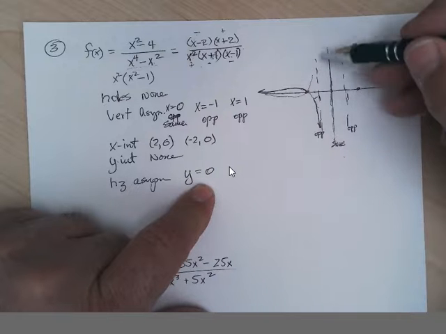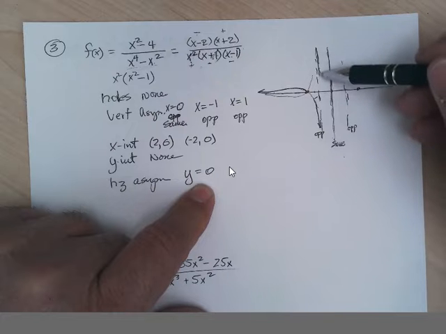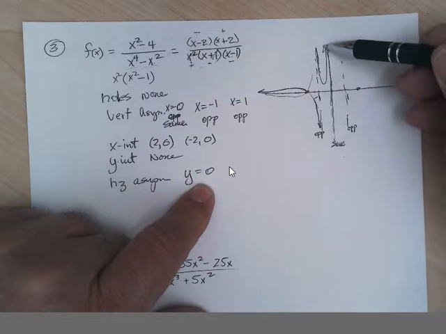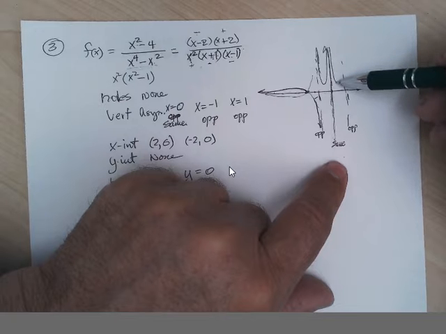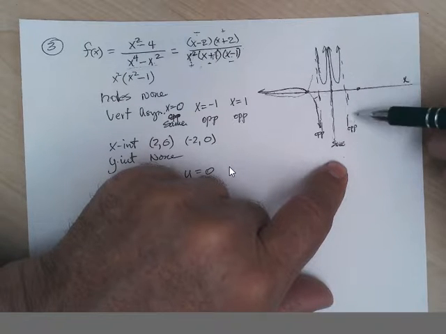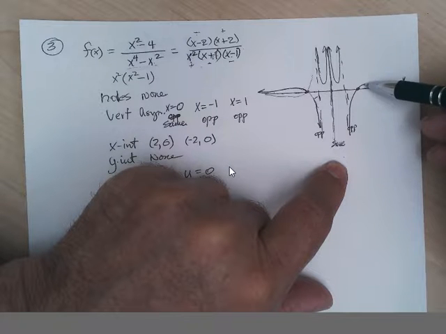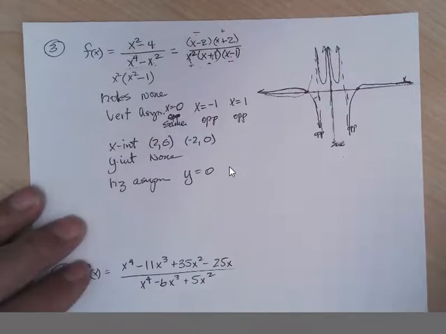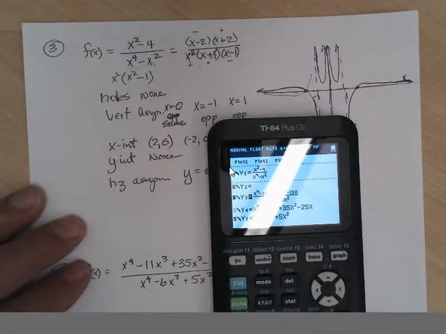It goes opposite, so it must start up here and then it does not cross in here, so it must turn and go back, and it goes in the same direction here, so it must come from here and turn, doesn't cross in here, must go back, and then on this side it has to go opposite, so it must come from here, cross, and then come down towards the axis. Let's check. So go to my calculator, and I have it in number 1, enter, and we're going to graph,